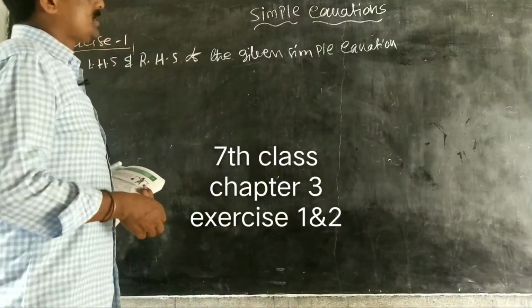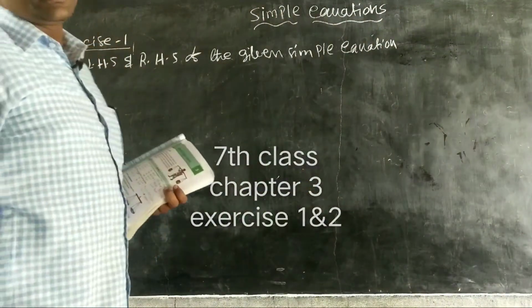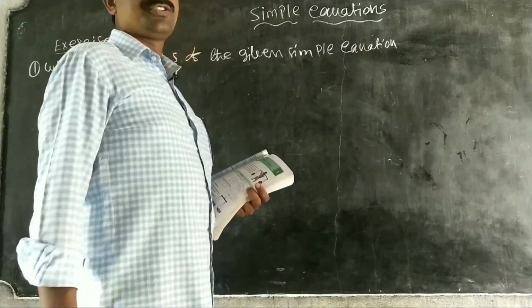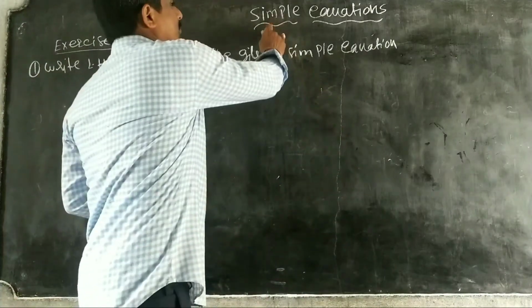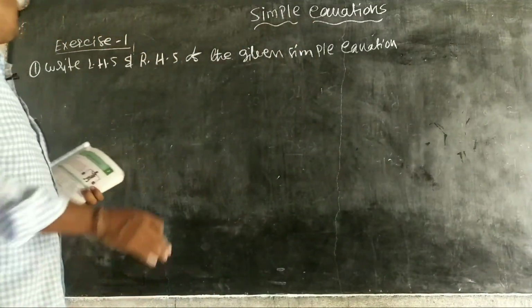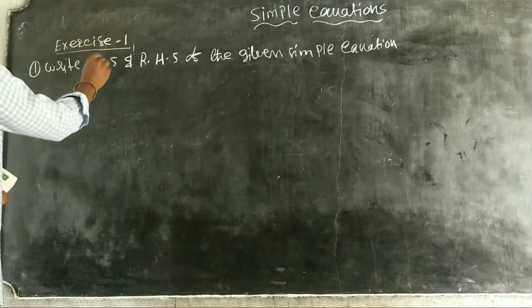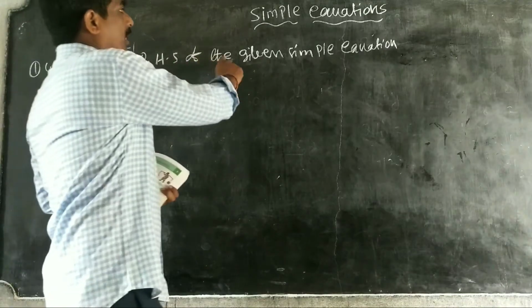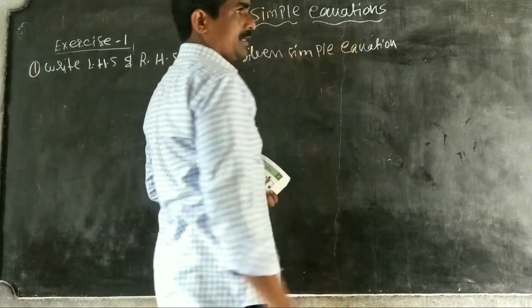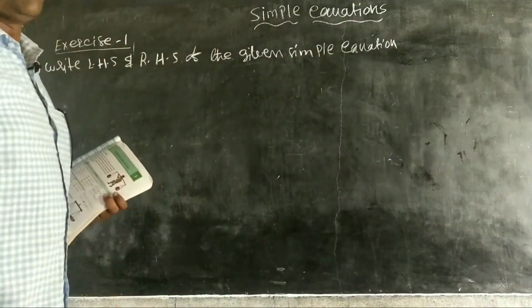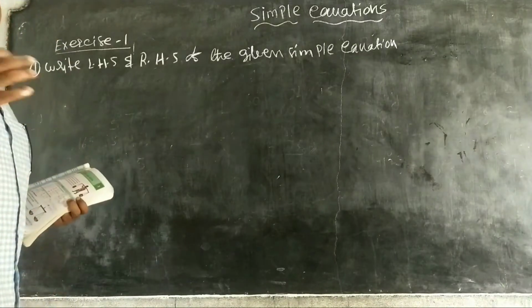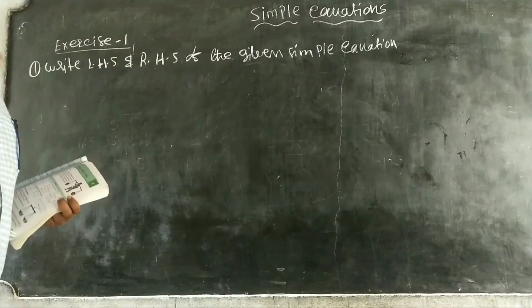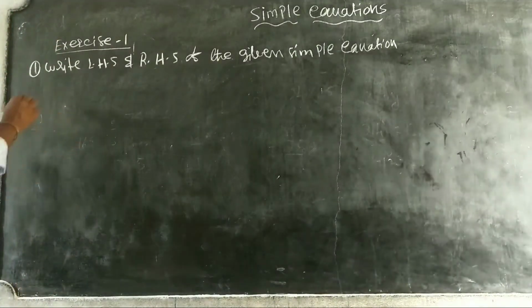Good morning, students. Today our topic is 7th class, 3rd chapter, simple equations. On that, exercise 1: write LHS and RHS of the given simple equations. Some simple equations are given, and we have to find which is LHS and which is RHS. First one,